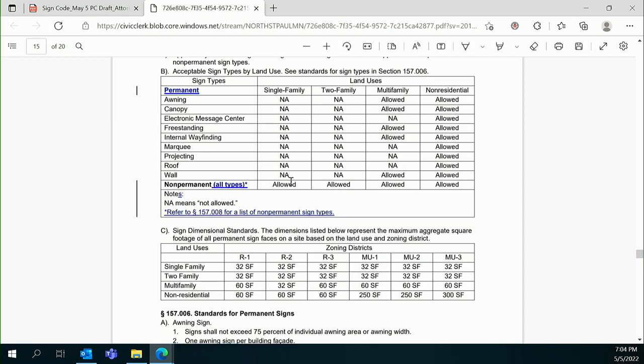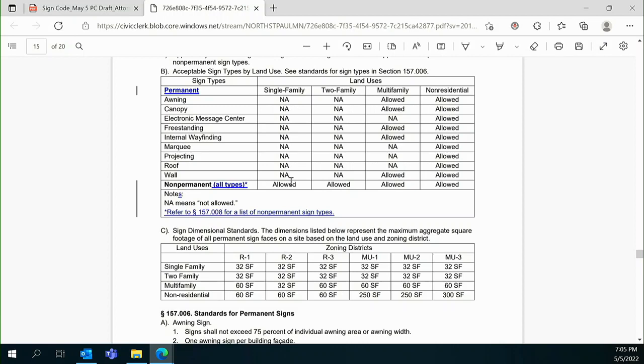Table 1, the purpose is to say you can have these kinds of permanent signs if you are a multifamily or a non-residential use. And then the purpose of C is to say how much, regardless of use, you can have in each district. Well, it says permanent sign faces. And I think when we talked, okay, so you're saying, no, let me see, now I'm confused. When we talked, I think we discussed, and somebody can correct me if I misunderstood this, but when we talked about the permanent signs for places that could have them, they could have X square feet.